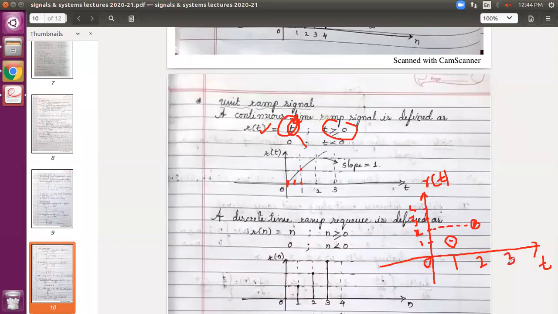Then substitute t equals 3. I am putting all the whole numbers for simplicity. You can take any intermediate value also. Whatever t you take, that will be your amplitude because that itself you are defining as r of t. So if you take t as 3, somewhere here, and t equals 4, somewhere here. Likewise, if you join all the points, it looks like this, a ramp. Hence it is called a ramp signal. I think you are familiar with this ramp signal even in network theory.